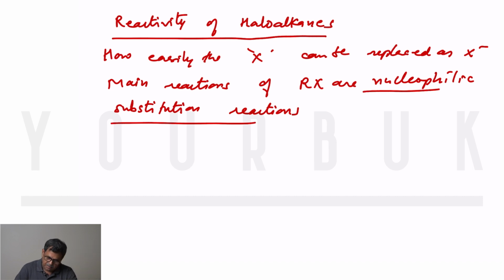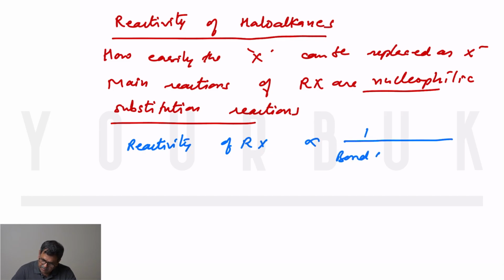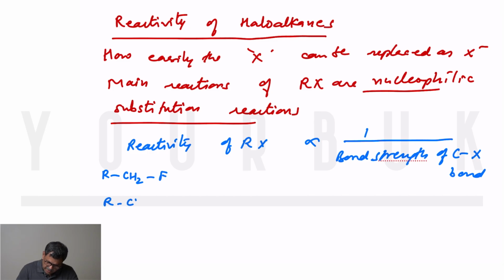Now, how easily the X can be replaced: the reactivity of haloalkanes is inversely proportional to the bond strength of the carbon-X bond. So if the carbon-halogen bond is weak, X can be easily replaced, so more the reactivity. Look at the same alkyl group with different halogens: fluorine, CH2Cl chlorine, this is bromine,